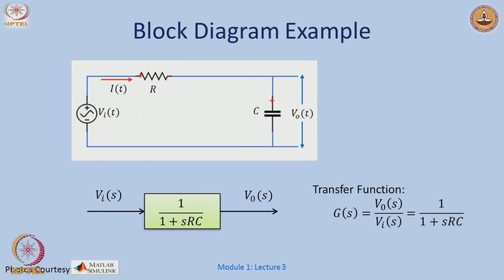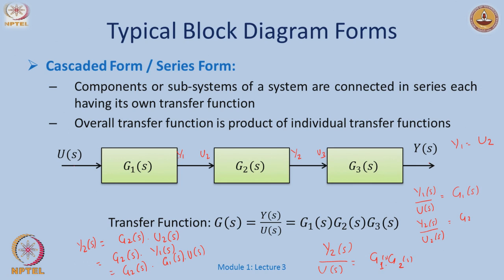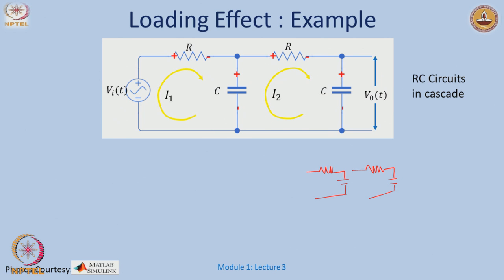So, this looked like 1 over 1 plus S times RC. So, the transfer function of the first guy would be 1 over 1 plus S R C. The second guy would be the same, 1 over 1 plus S R C. Now, the question to be asked is this